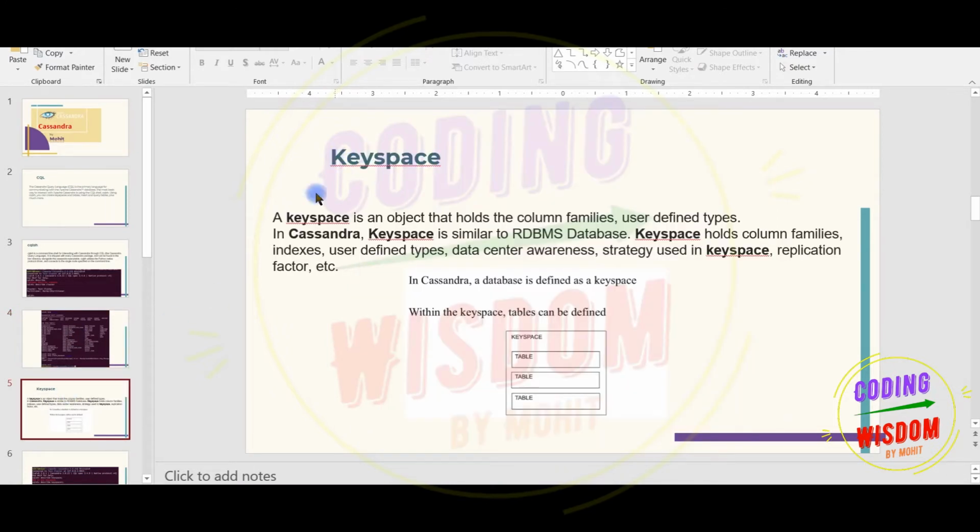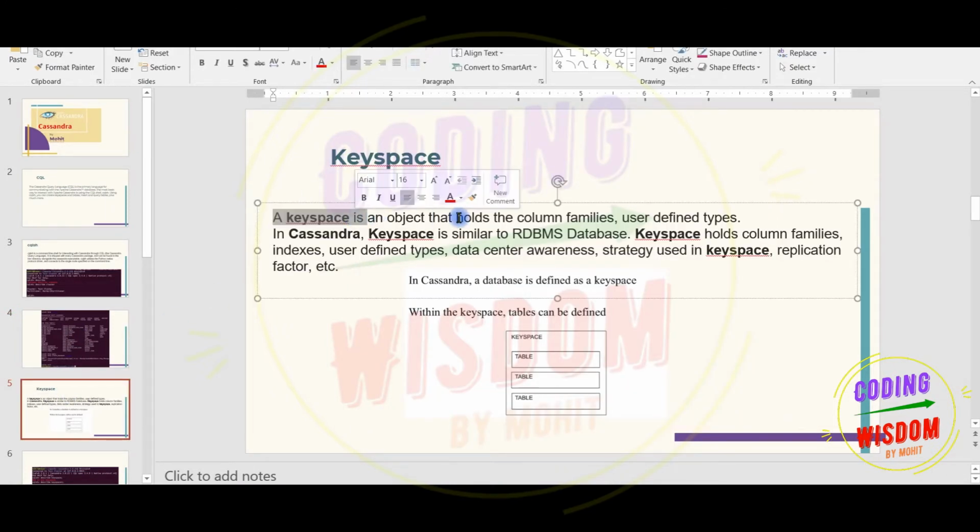So keyspace, what is a keyspace? A keyspace is an object that holds the column families. So you can realize this is the database. In an RDBMS, the relational database, if you have seen the database, then you can say a keyspace is similar to a database. A keyspace holds the column families, indexes, user-defined types, data center awareness, the strategy used in the keyspace, replication factor, etc. So this is a logical diagram.